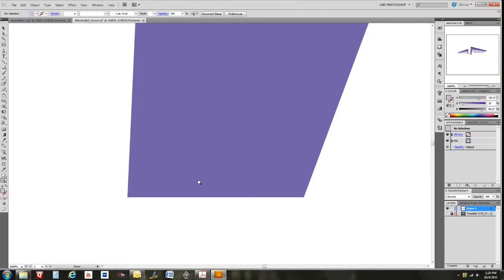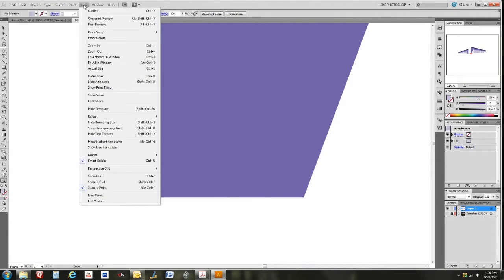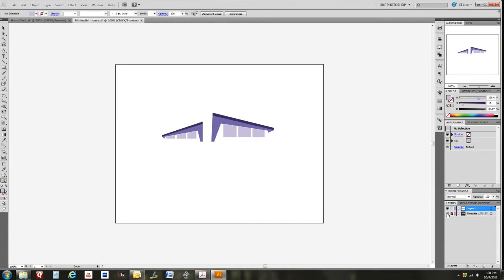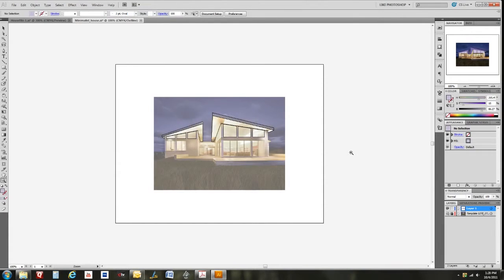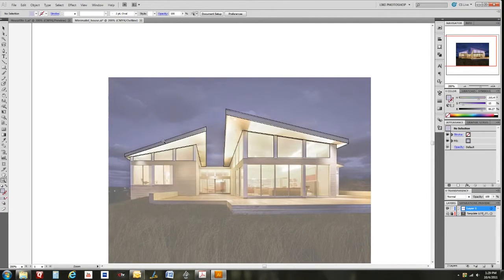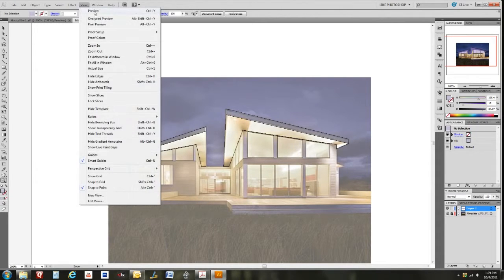And I could keep going. Obviously there are other aspects to Illustrator. This is basic stuff here: bringing in a template to trace from, using your pen tool to create shapes, previewing and using outlines to allow you to draw more easily. In the next video I'll go more in depth on layers and